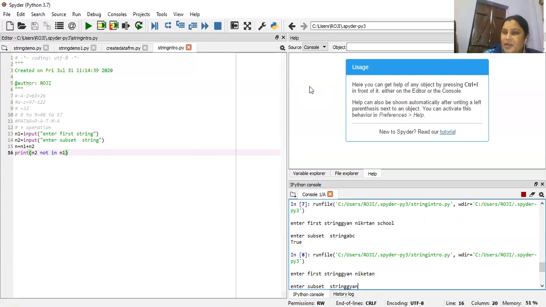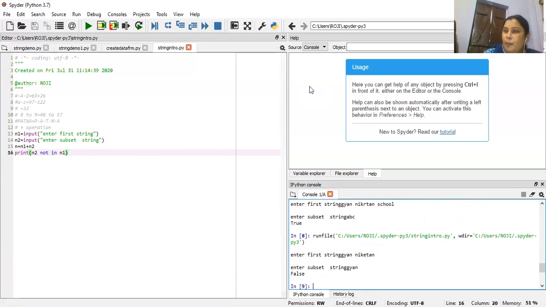Gyan is present in Gyan Niketan, but here we have used the not in membership operator, so the value will be false. When we apply the in operator, it gives the true value, but with the not in operator it returns the false value.